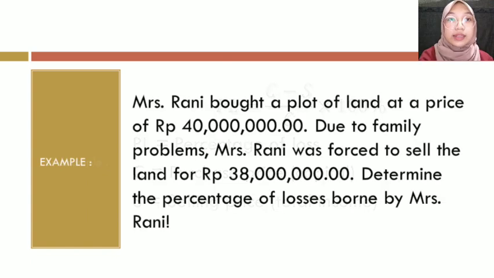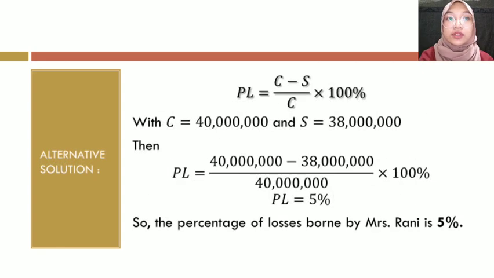Example, Mrs. Rani bought a plot of land at a price of 40 million rupiah. Due to family problems, Mrs. Rani was forced to sell the land for 38 million rupiah. Determine the percentage of losses borne by Mrs. Rani. And the alternative solution, we have the equation PL equals (C minus S) per C multiplied by 100%, with C